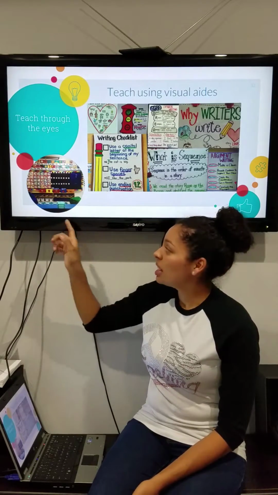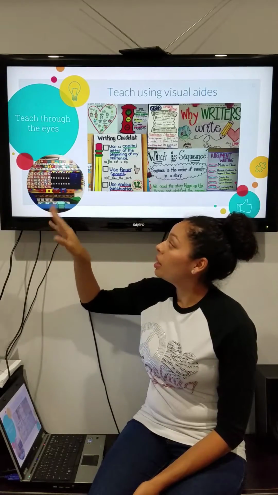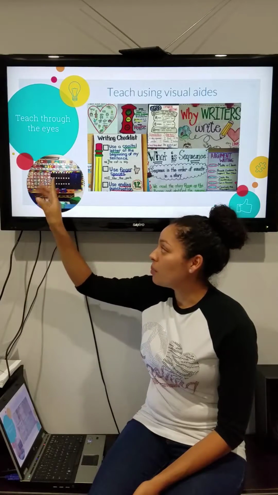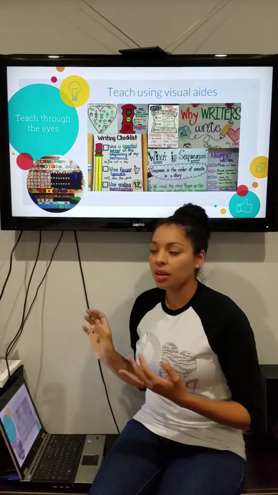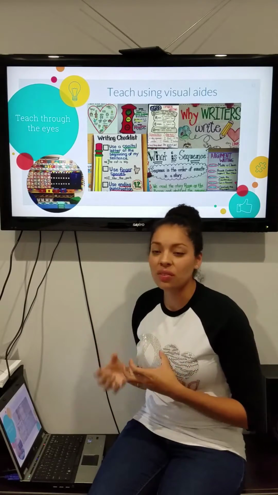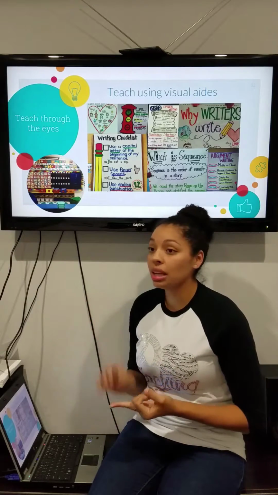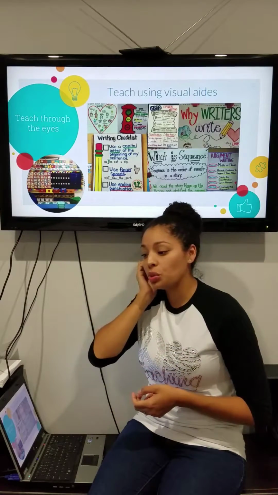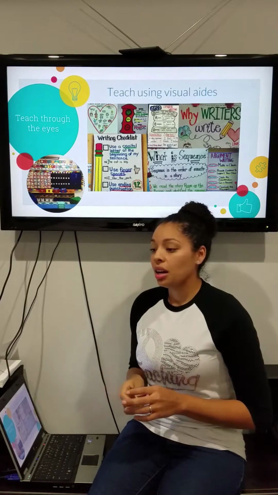This picture right here in the corner is a picture of my current classroom, and this was before we started the school year, so my word wall is blank, but it is now full and it is color coded. I have my phonics wall there, and all of my literacy and my math centers, my journals, everything that I have around the classroom is either color-coded or labeled, so it helps the children, especially those that come to you at the very early stages of literacy.